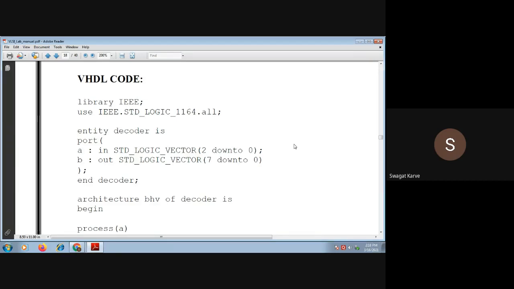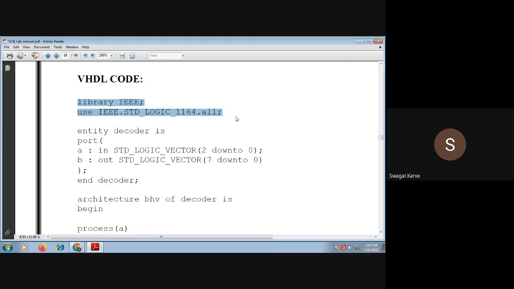Now the first mandatory part is the library declaration. Where is the library declaration in this case? This is the library declaration. Which library have we used? IEEE. So first we have declared the library, library IEEE we are going to use. In that library, which package and which items of that package you are going to use, that we need to specify. The same thing we specified in the second line.